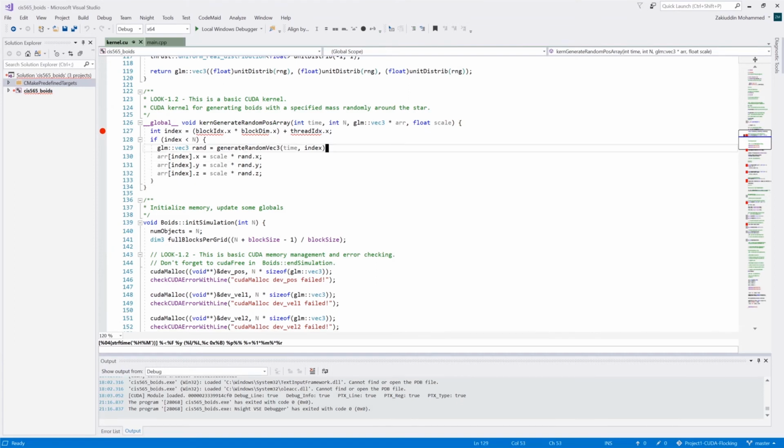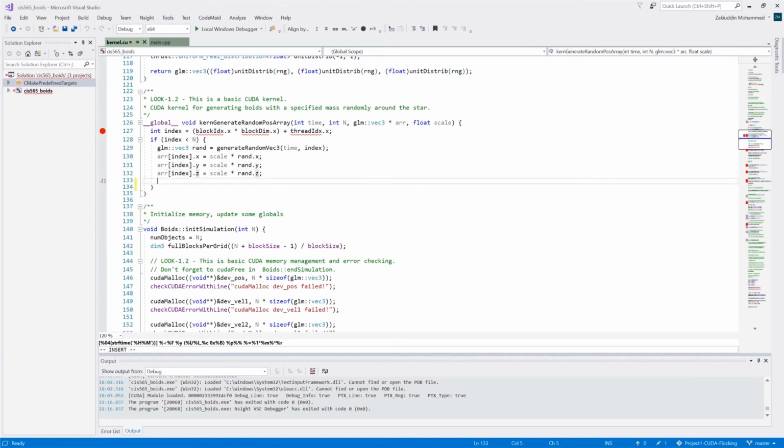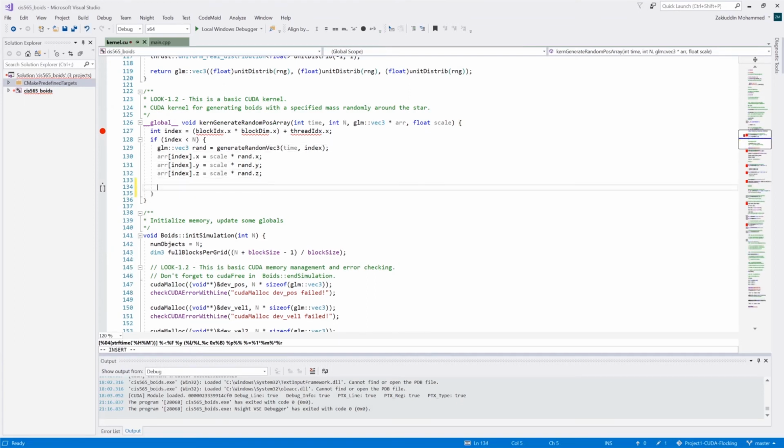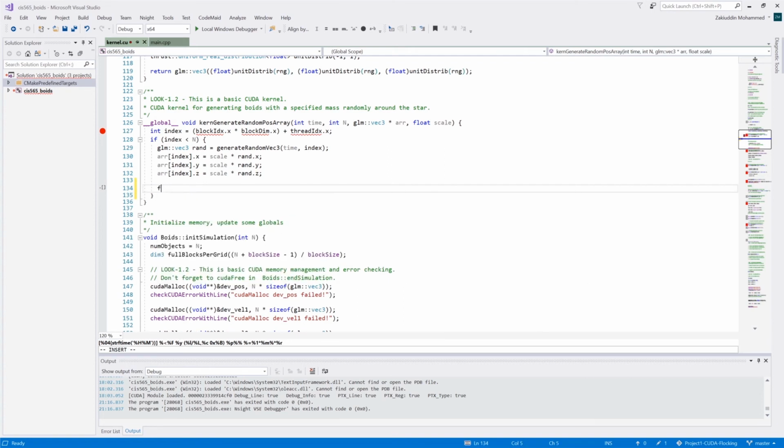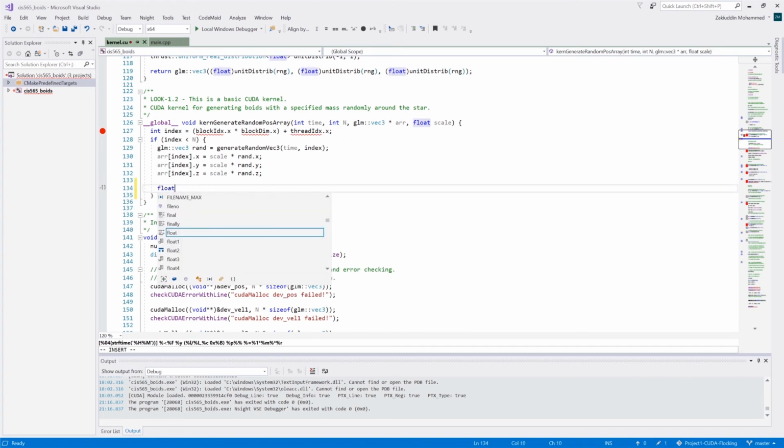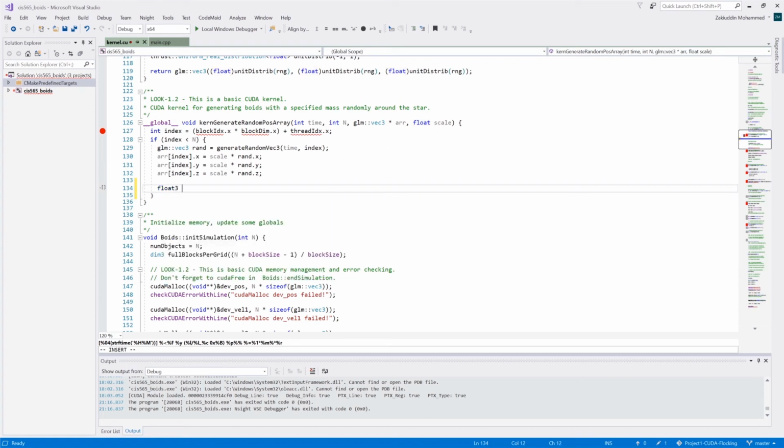And the other way to visualize global data is to use a float3. So float3, or I'm going to type this again. If I type float, you can see that there are multiple float1, float2, float3, float4. These are intrinsic variables in CUDA, so the debugger and CUDA understand them. So we can do float3 temp value